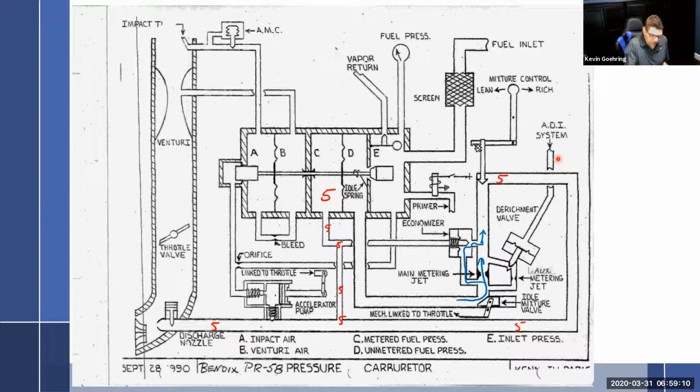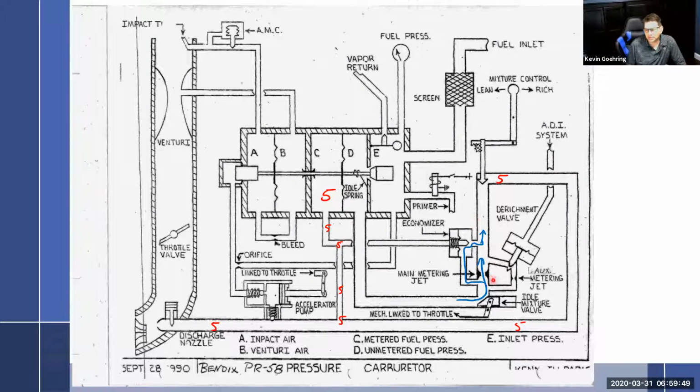So what happens is at these super high power settings, they'll lean out the carburetor and then add the water in there. And so the water provides, number one, cooling. So you have cooling, you get to pull the carburetor back to best power. So you have best power, you find your extra cooling with the water, and you get a little boost of power because that water that's being injected turns to steam, and the steam then expands and pushes on the piston. So it's kind of a win-win-win. So then of course you say, well, why don't they just use water injection all the time? Well, then you have to have a big water tank. And so they didn't want to do that.